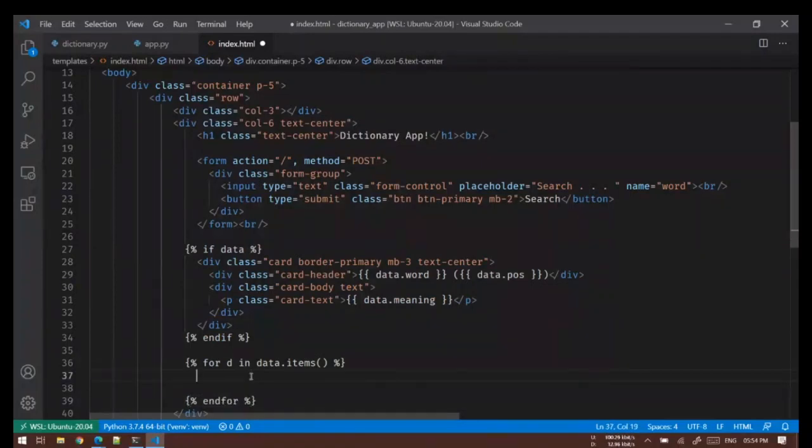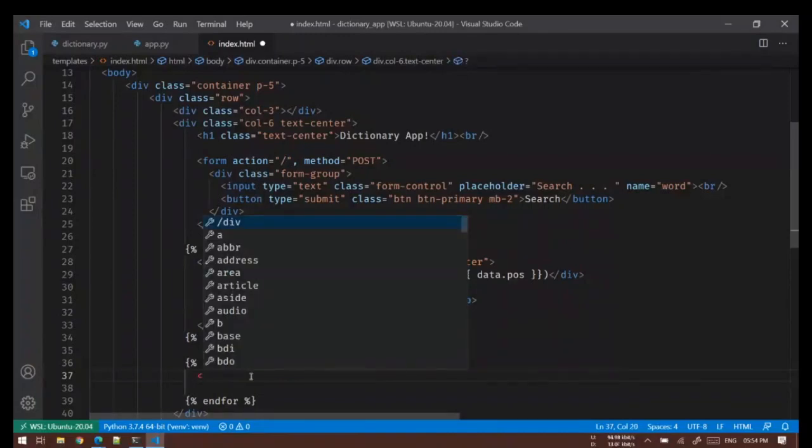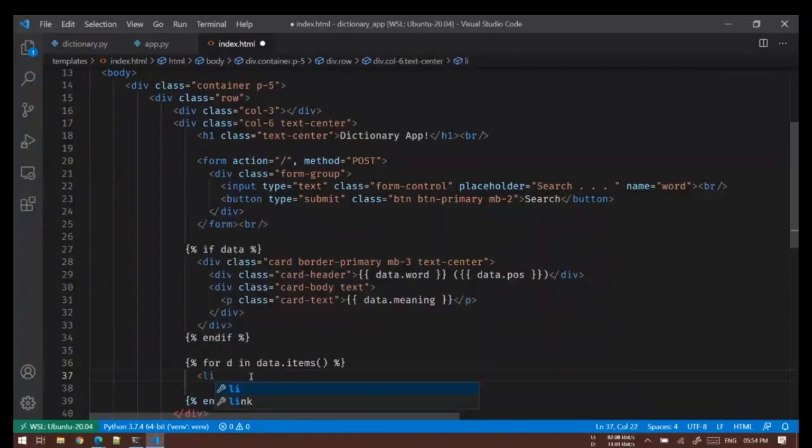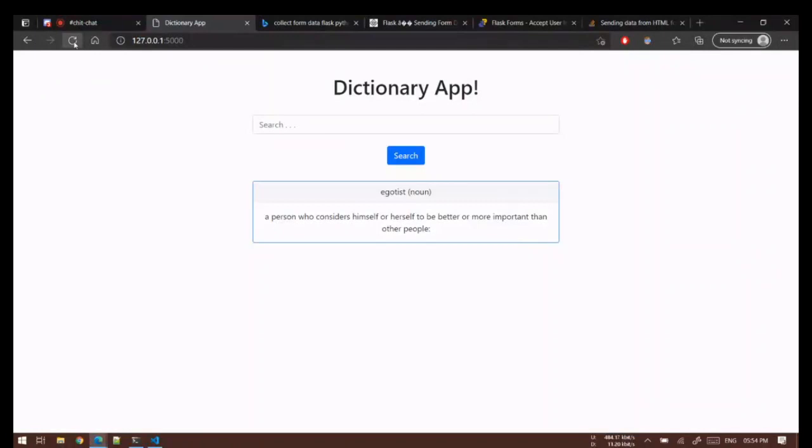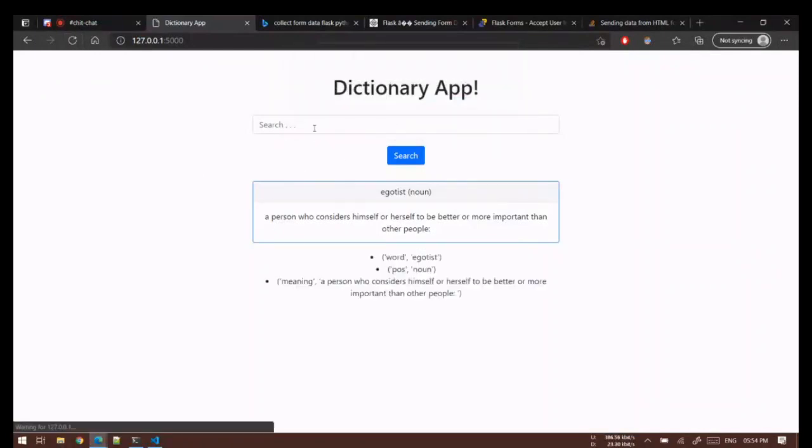And inside of this, you can print anything any number of times. So I can say I want an li block, and here I'll simply say print d. We can do this, so let's see.